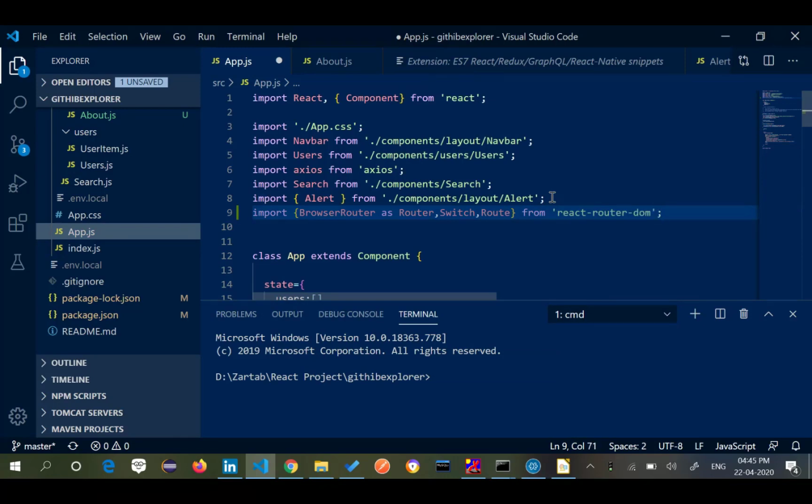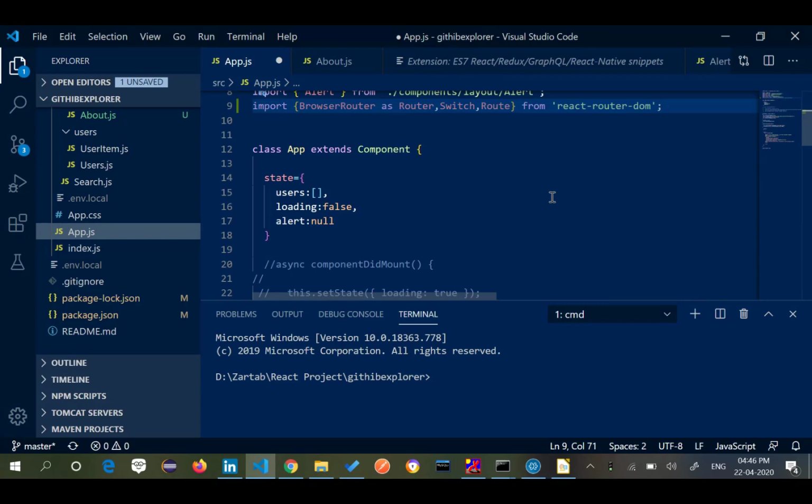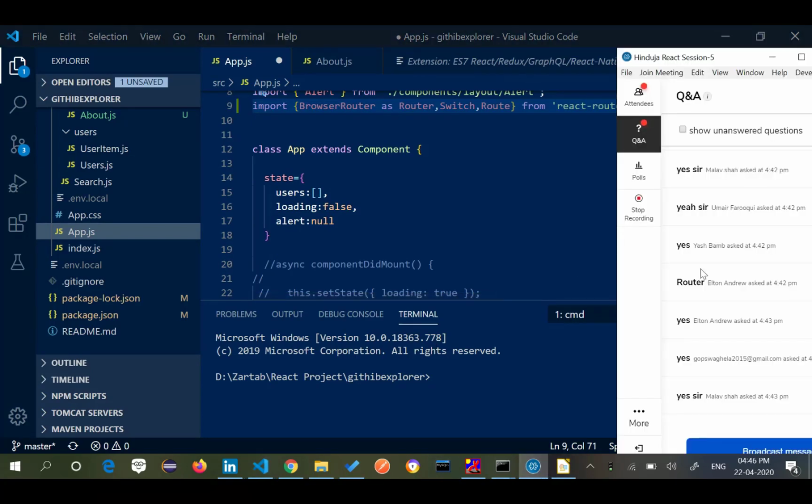I'm just making a simple import. I've got a new package and I'm importing it. Everyone clear till this point?